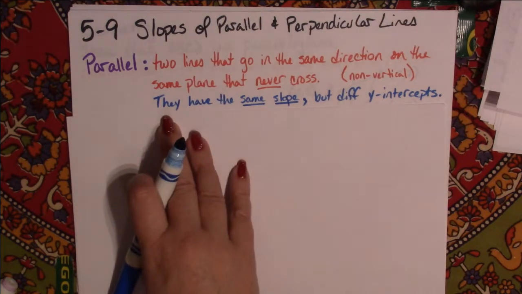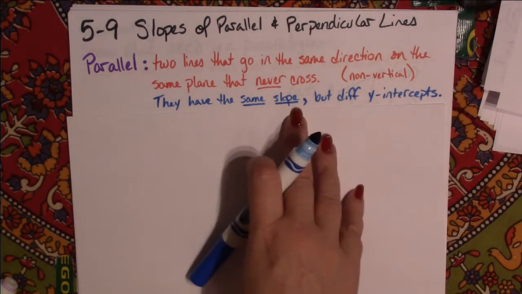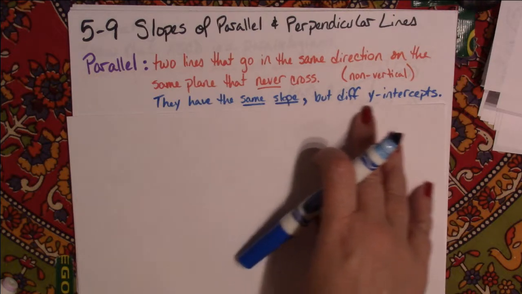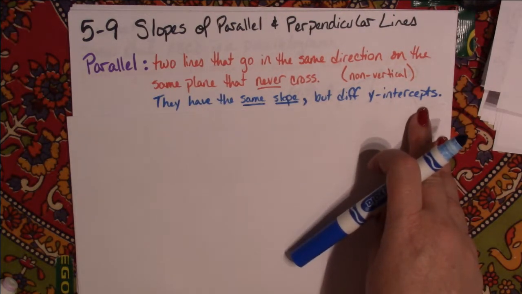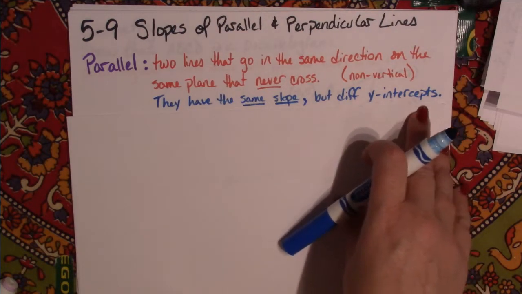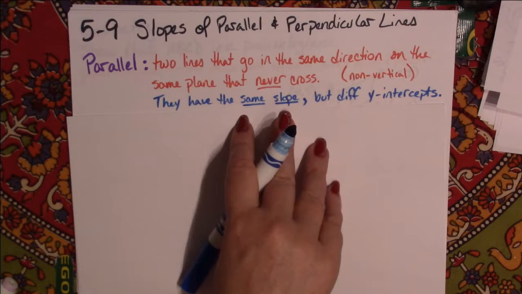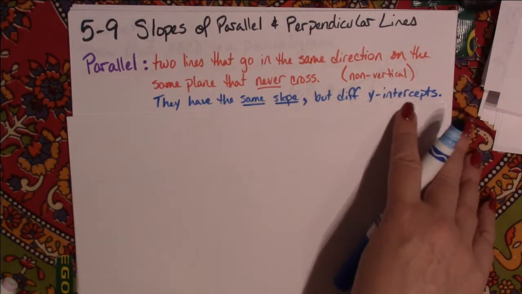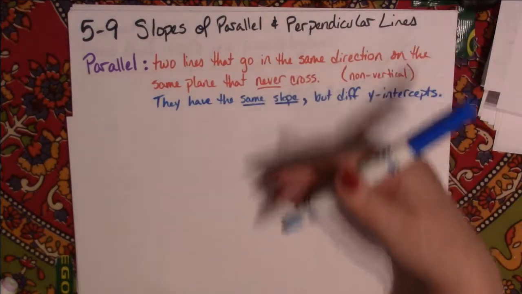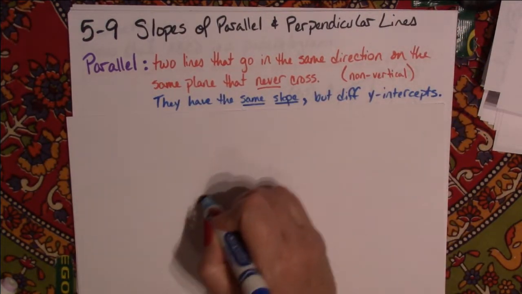In parallel lines, they're going to have the same slope, but they're going to have different y-intercepts. It's really that easy. They're going to spend 2 or 3 pages getting you to work with some of these. What I need you to understand is that if they have the same slope, they are parallel, or they're the same line. Different y-intercepts means you've either moved it up or down, but they're still going